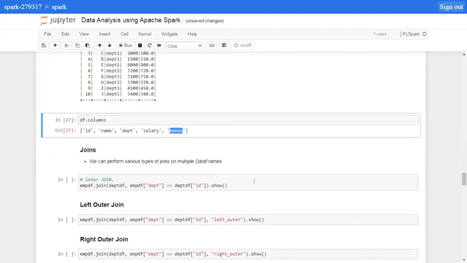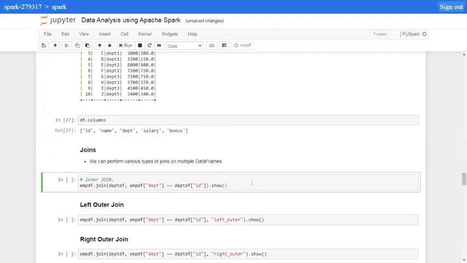Now, let's talk a bit about joins. So how we can join two data frames. For example, we have created two data frames, EMPDF and department DF at the top. We would like to join these two data frames based on the ID.